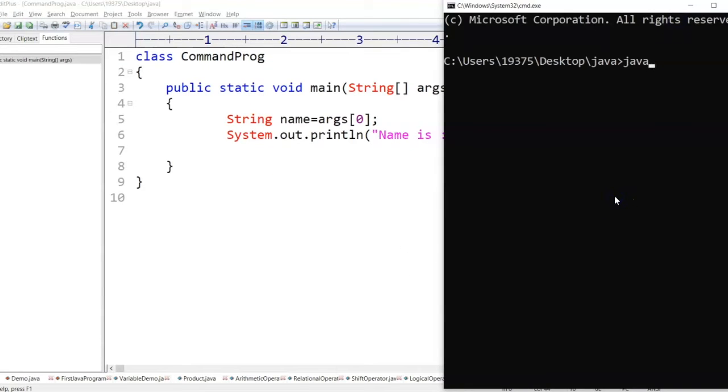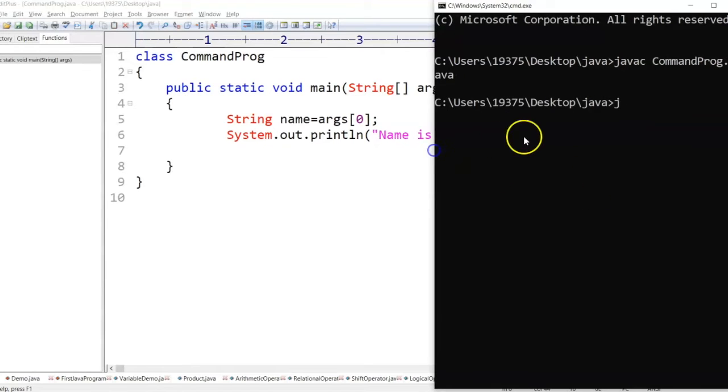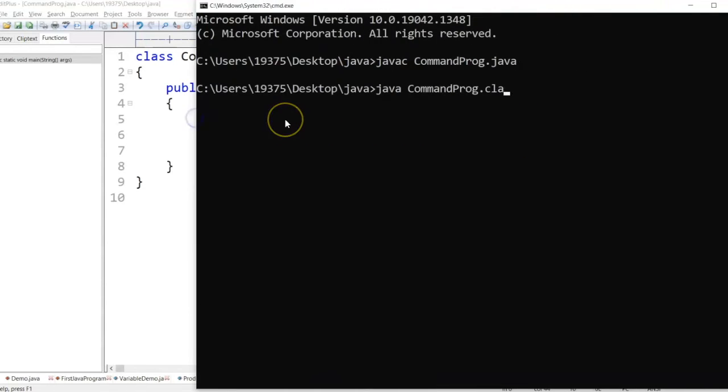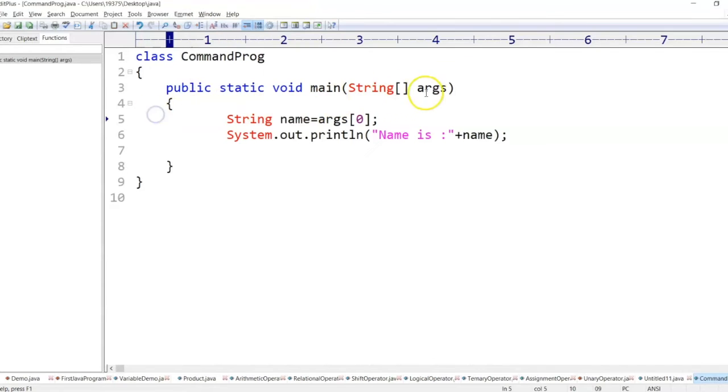Here I'll compile with javac CommandProgram.java. While executing, if you notice, I'm giving some value after the class name, CommandProgram developer. Whatever strings you provide after the class name, if I type three strings, like developer, engineer, and so on, the first string will be stored in args of 0 and then in name.